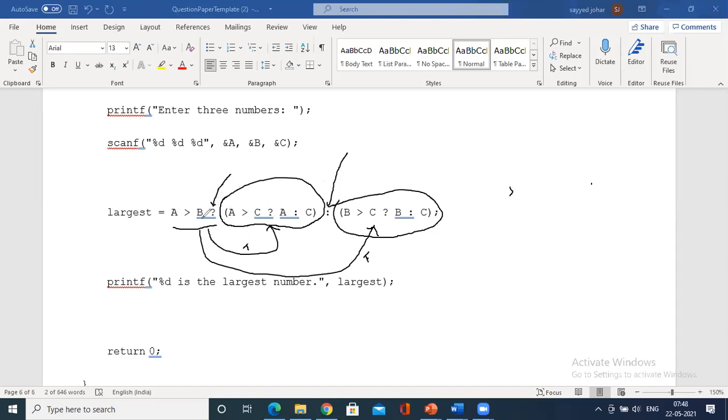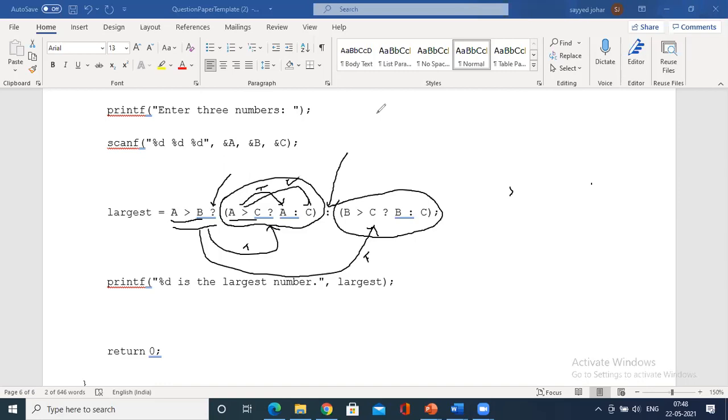And always before the question mark, we have an expression, a greater than b. And internally, it works the same way. Internally, a greater than c is the condition. If this passes, a. If it fails, c. It is true, it is false. Same as how it works for other things.